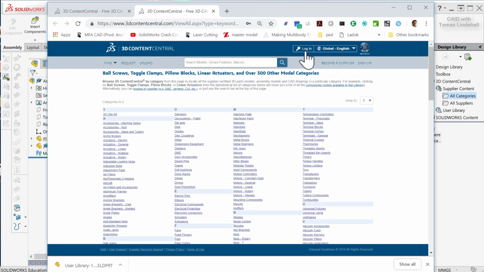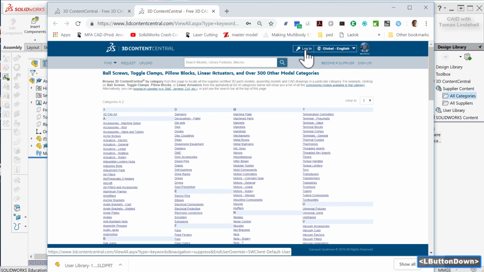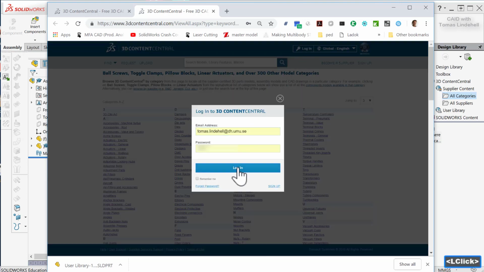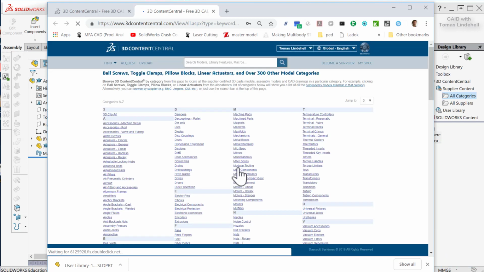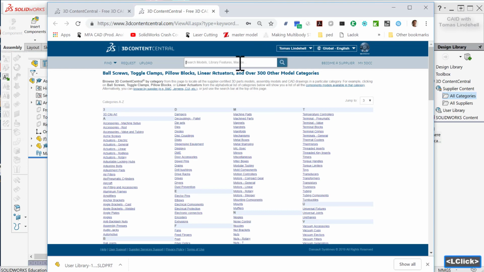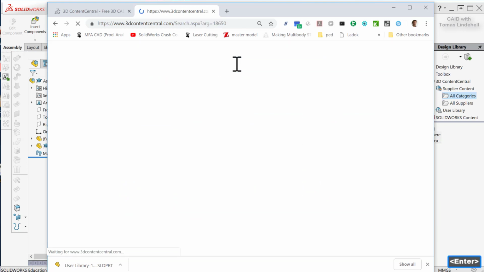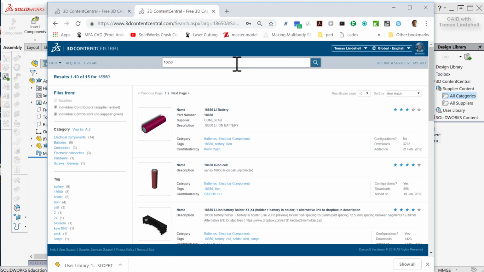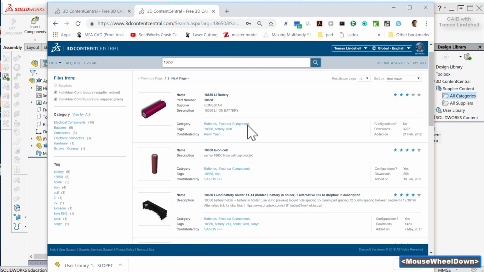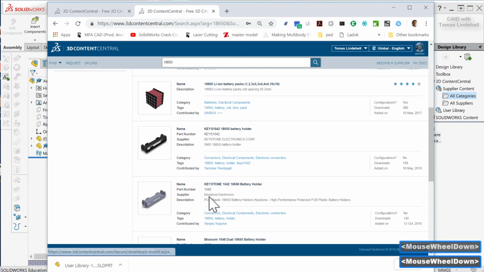Here you need to log in, so you need to register yourself, but that's easy and doesn't cost anything. So when you're in here, we could start to search for something that we need. In this case, I would like to have some batteries, and a very common battery is called 18650. So I search for that, and what you could do here is just scroll around and click on something that